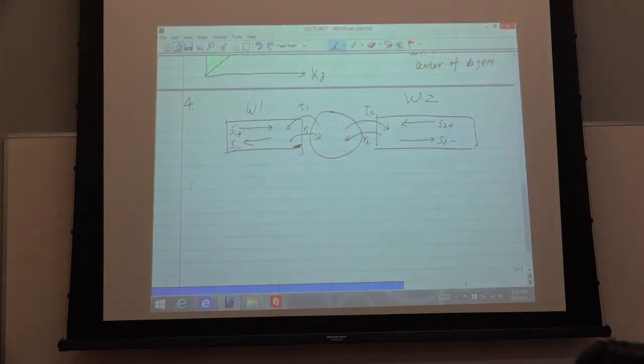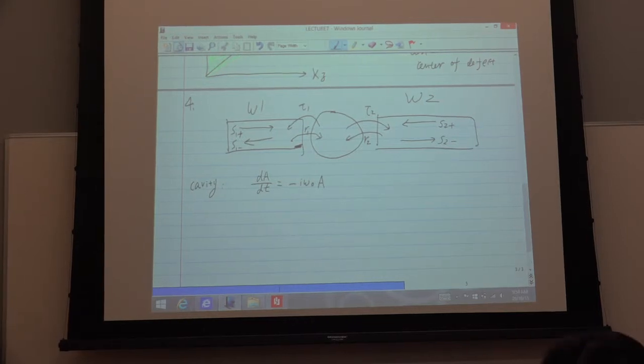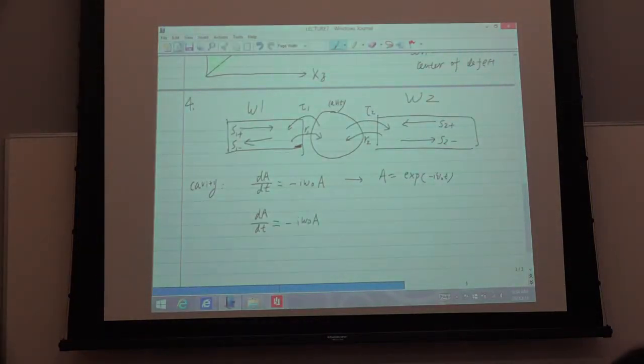The first equation is for the cavity: dA over dt equals i omega 0 A. I just write the first term. If I solve this term, A should be equal to exp of minus i omega 0 t, right? So A is a harmonic oscillator, a harmonic wave, which means the cavity oscillates. But this is the ideal case. When this cavity is coupled to this waveguide, like this,